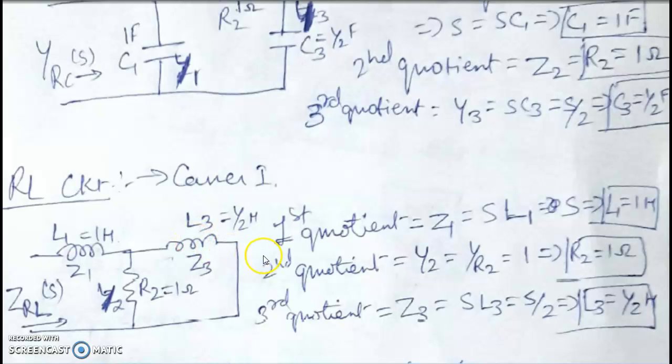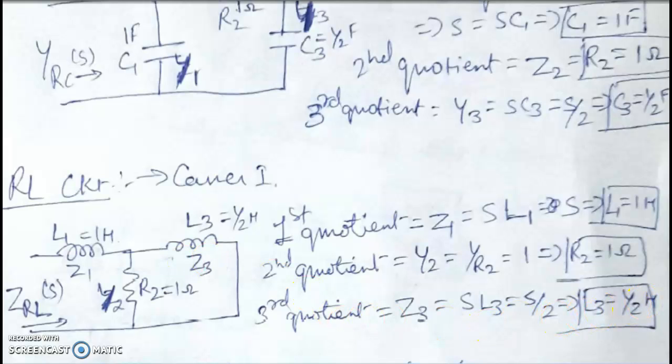inductor. Now the first quotient will give the impedance of the first element because it is connected in the series branch. So Z1 is equal to sL1, that means L1 is equal to 1 Henry. Second quotient will give the admittance of the second element, which is equal to 1/R2, that means R2 is equal to 1 ohm. Third quotient will give the impedance of the third element, which is equal to sL3, that means L3 is equal